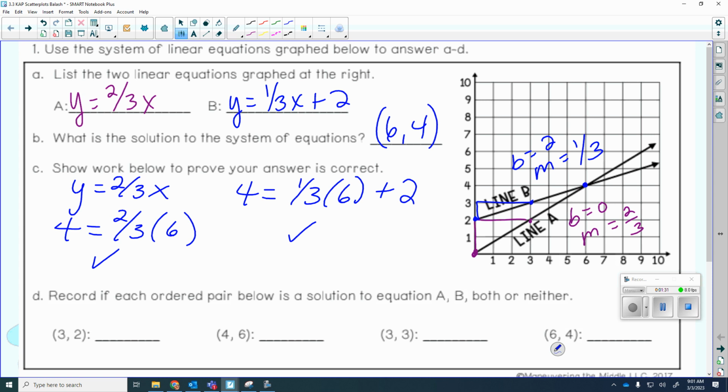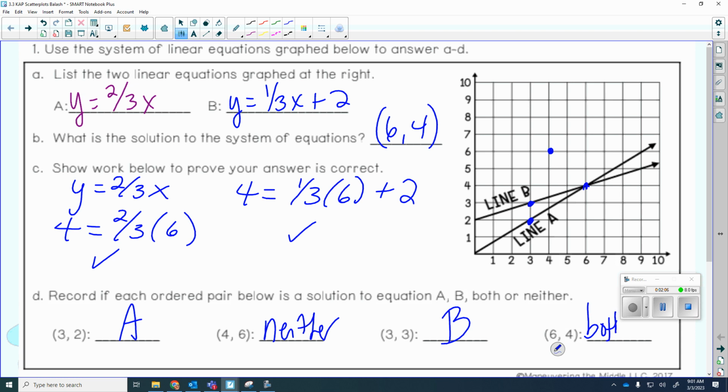Is each ordered pair a solution to equation A or B, both, or neither? So let's look at 3, 2. How can I know? If it's on both lines, right? So 3, 2 only lands right here. So that would be only A. Okay, 4, 6. 4, 6 is up here. So we would say neither. 3, 3 is only line B. And 6, 4 would be both. And all